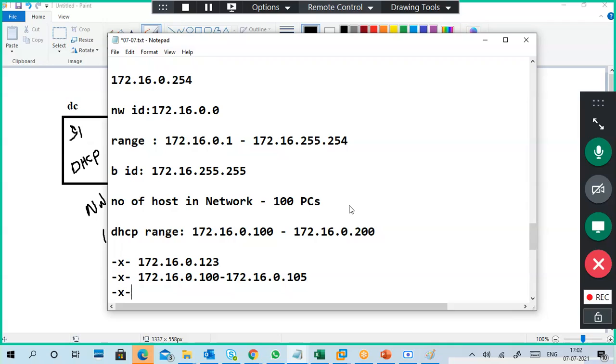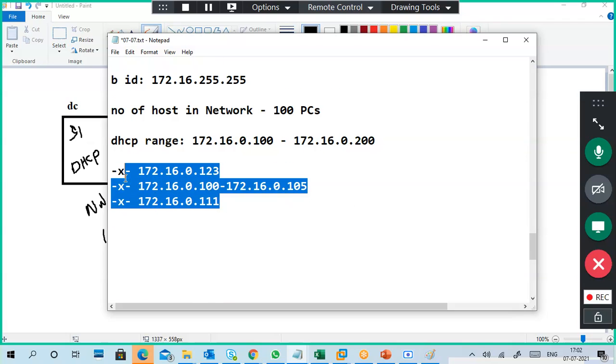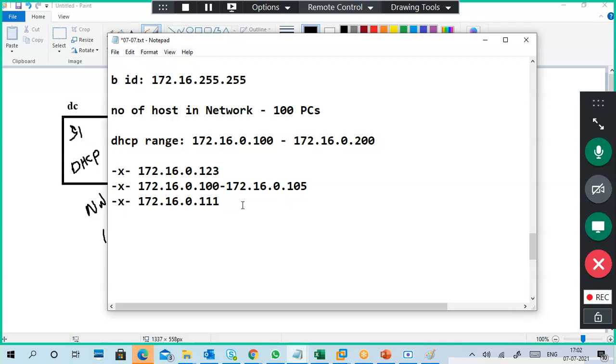Maybe I want to reserve some IP addresses like 172.16.0.1. I don't want to give these IP addresses to anyone. Like how to plan. So this is called an exception.